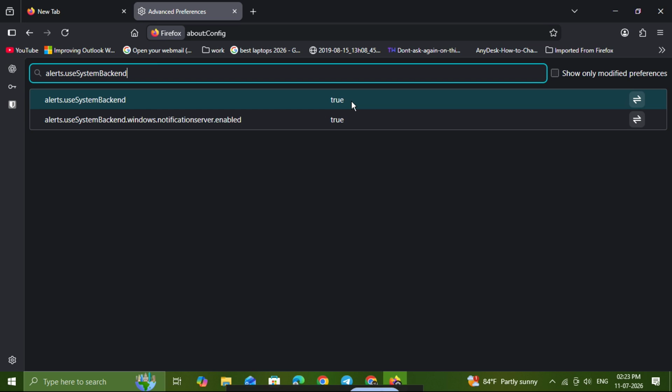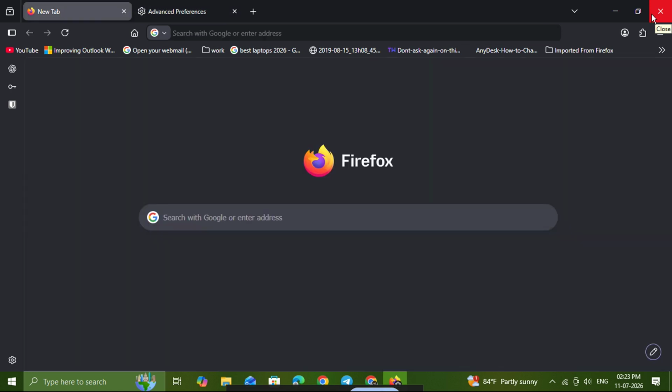At this point, the last thing you need to do is restart Firefox. Close the browser completely and open it again so the new setting can take effect. Once Firefox starts back up, your notifications should now follow the Windows native style. And that's it, you've successfully enabled native Windows notifications in Firefox. It only takes a moment, but it can make your browser notifications feel much more integrated with the rest of